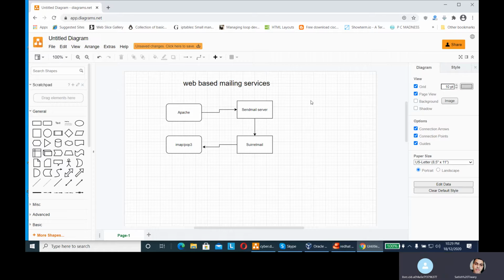And the fourth one is IMAP and POP3. POP3 is known as Post Office Protocol. Actually, this protocol is used to receive the mail from server to client. If there is a server and there are so many clients, the task of the POP3 or IMAP server is to retrieve the mail from the server and bring it to the client inbox. Now let's move ahead and do this lab one by one.